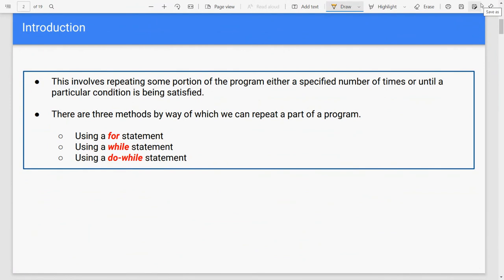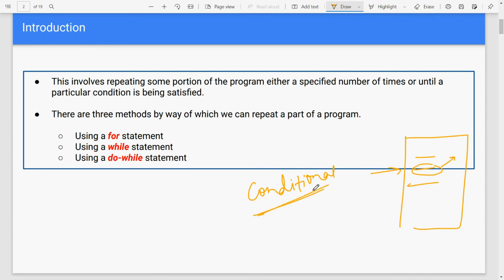Okay, so actually we saw in the conditional part that if you are running some particular line of code, and you want to skip it, or you want to run it because some conditions are satisfied, then we go for the conditional statement,